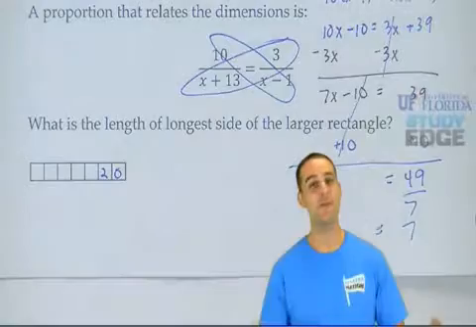So again, when you have a fraction equal to another fraction, one way to solve is to cross multiply. If you have any questions, post on the wall. If you want more practice, we've got that practice problem